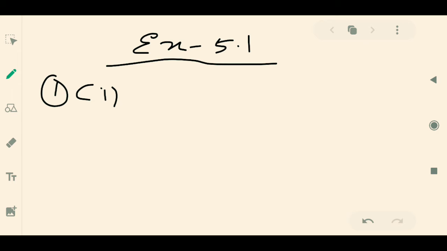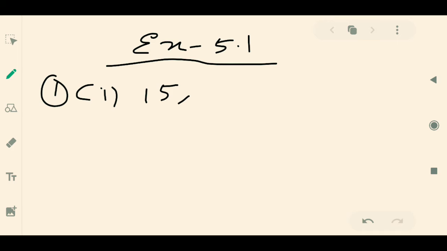In the NCERT book you can see the taxi fare after each kilometer, when the fare is rupees 15 for the first kilometer and rupees 8 for each additional kilometer. So is this an arithmetic progression or not? Look here. For the first kilometer the taxi fare is rupees 15. That means the first term is 15, and after that it increases by rupees 8.